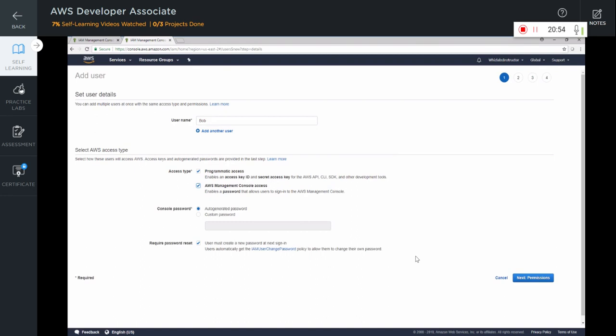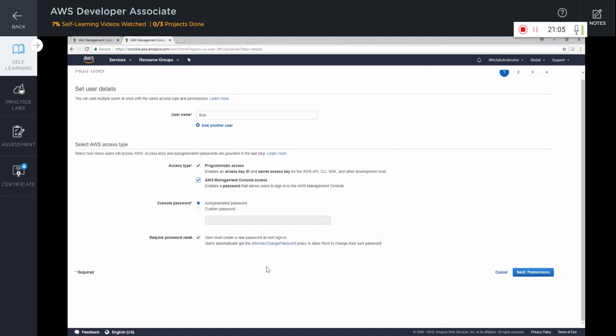Since we are giving the console access, let us create a password as well. I will select the auto-generated password, and I am going to enforce the user to create a new password after signing in, and because of that, Bob will automatically get assigned the IAM user change password policy to allow him to change his password. But before that, let me show you an important point. Just unselect the required password reset checkbox for a moment